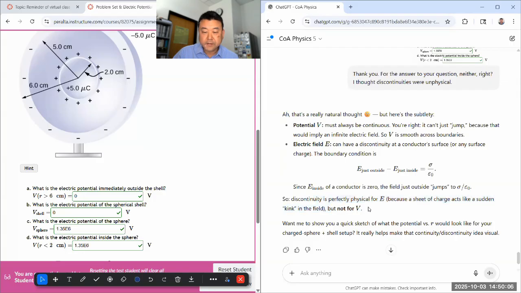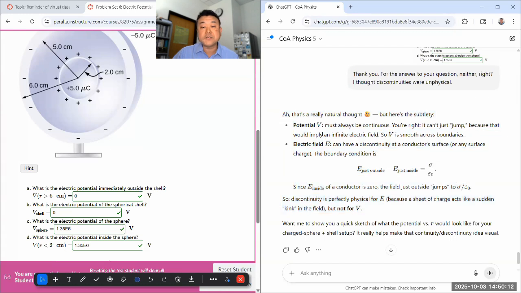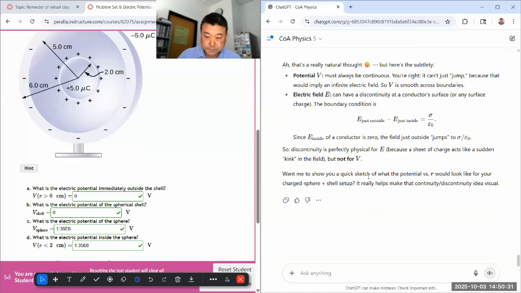Something like this, you will see for those of you who go on to take physics 4C and quantum mechanics. You see something like this with a wave function. There are some aspects of a particle's wave function that cannot have discontinuity. The value of the wave function itself cannot have sharp steps, but the first derivative can have sharp steps if you have certain potentials.